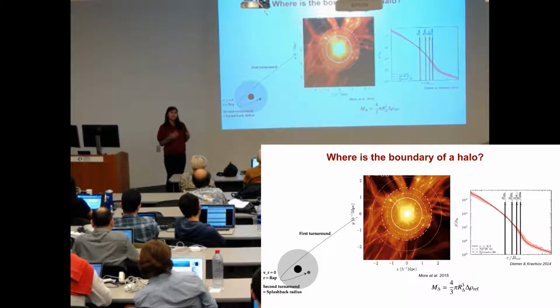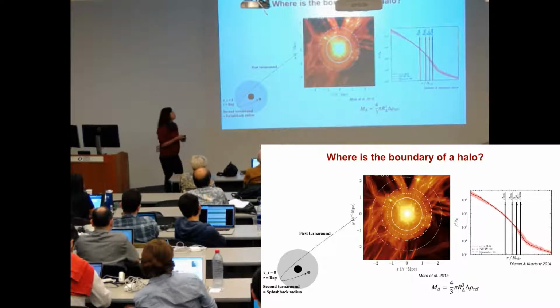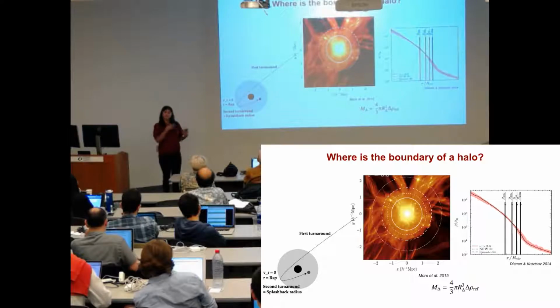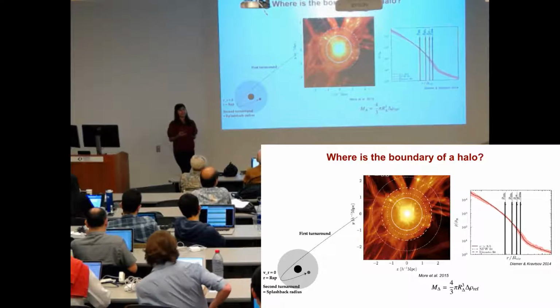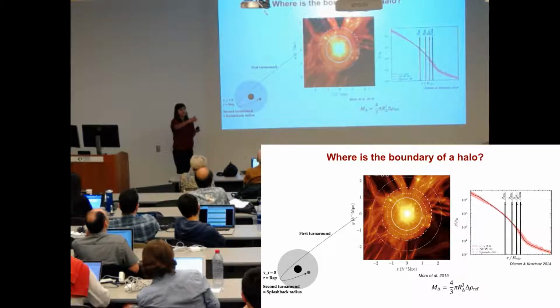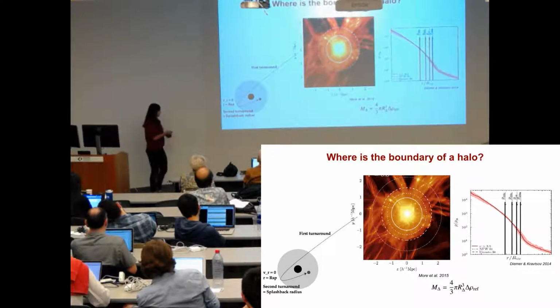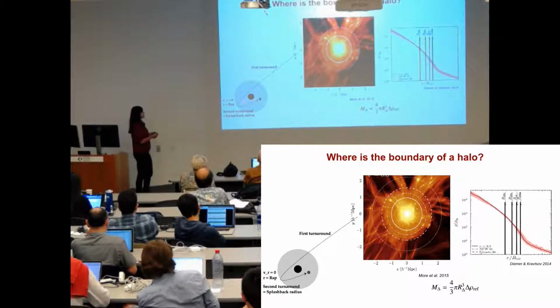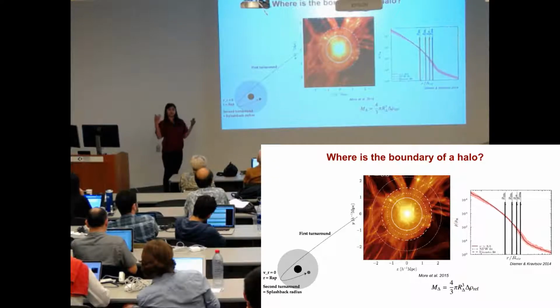However, there is actually a physical way in which you could define the boundary of a halo, which is what the splashback radius relates to. So the splashback radius, in the most general sense, is the radius at which the most recently accreted matter is turning around for the first time. So the matter has been accreted into the halo and it has reached its first apocenter in its orbit, which is shown over here, and it's turning around. And basically beyond this, you don't have any more matter which has been inside the halo, right?